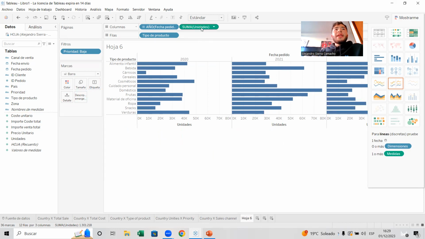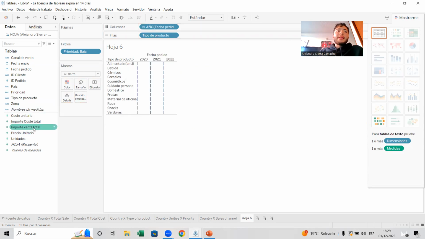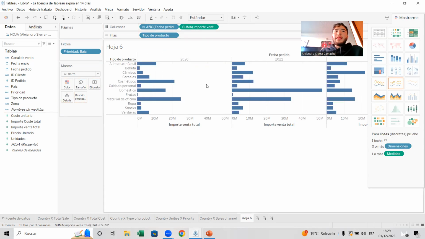But let's change this except unities. Let's use the cells. So, perfect. So we have here the dates of the pedidos, and here the type of products and the cells. So we can see here that the material de oficina is the most sold this year, in 2020. So okay,